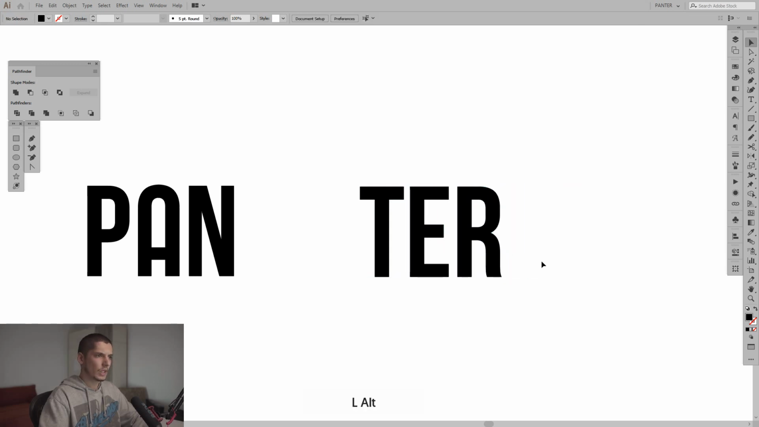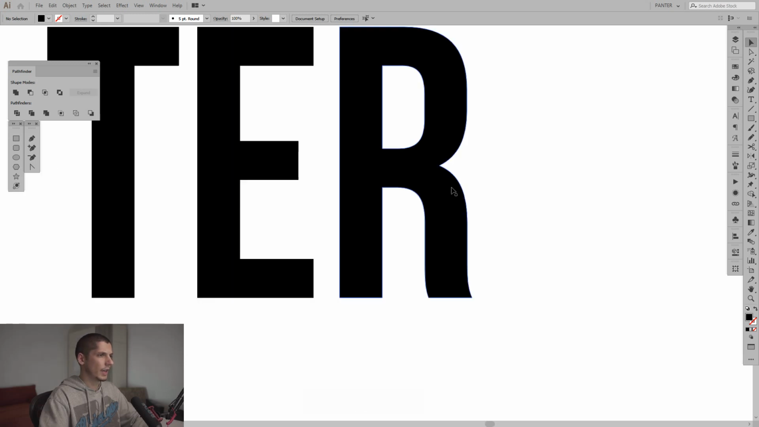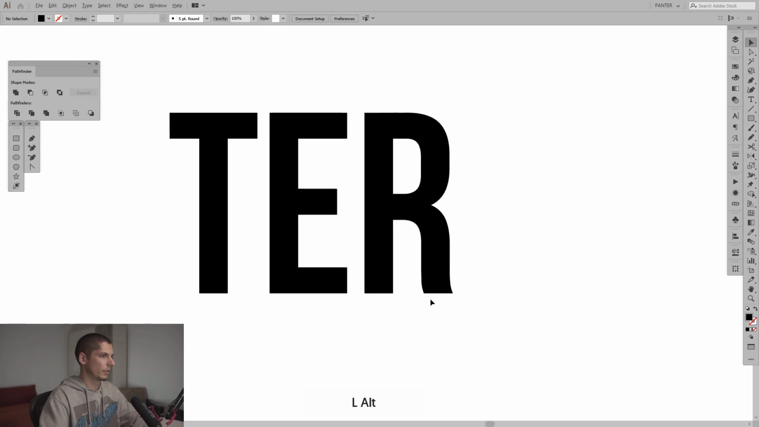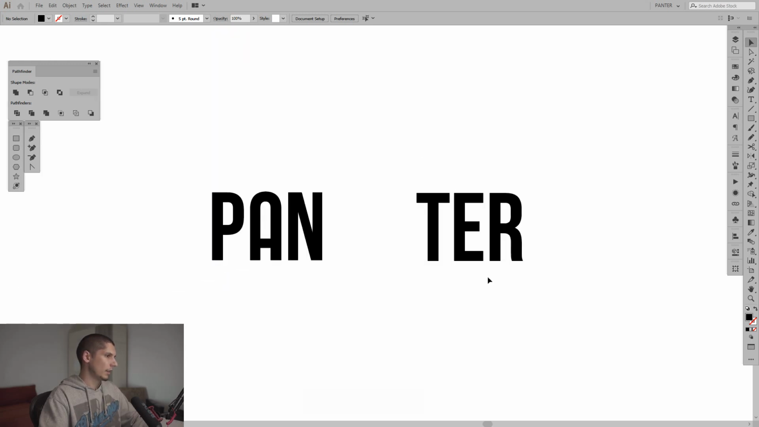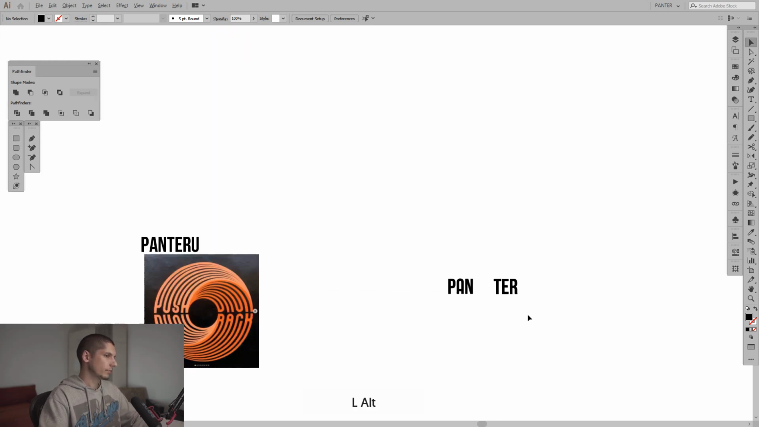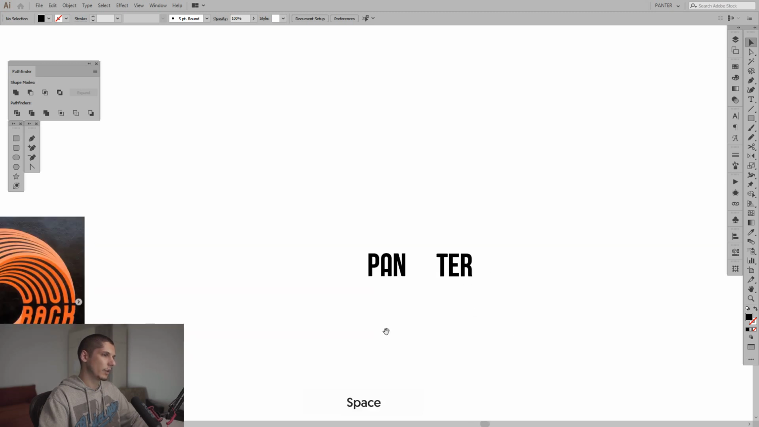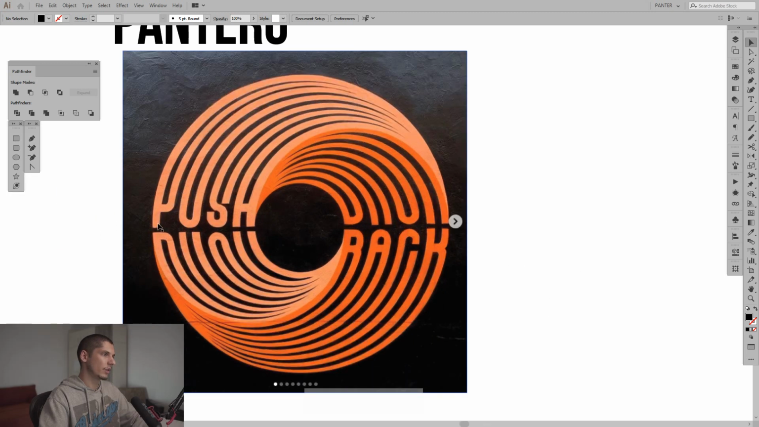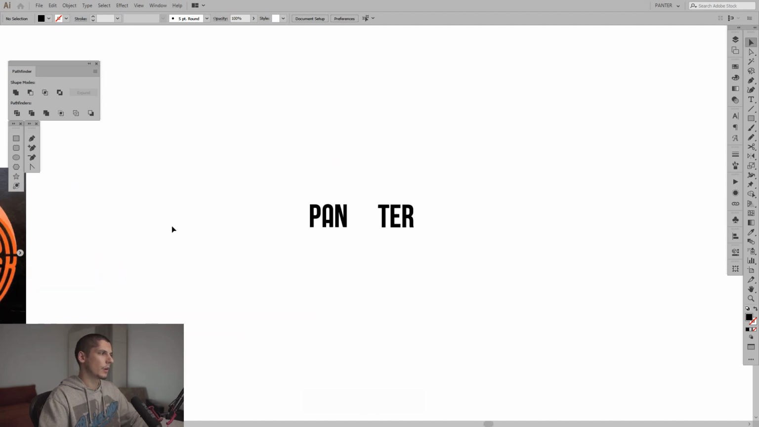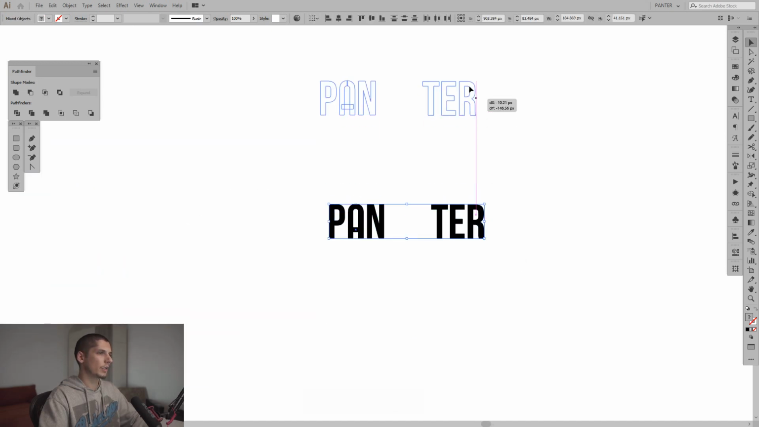So same thing with the letter R. Actually, this is really good. It's bent really nicely. We don't have problems here. And yeah, we should be ready to re-customize all this. As you can see, he started here, the push, and the back is above. So I'm going to create a new copy,